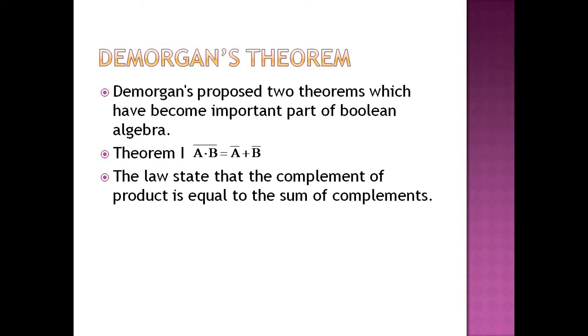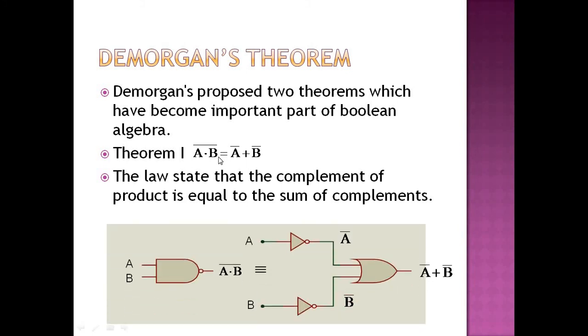We represent this equation in a logic diagram. The first term is nothing but the NAND gate. This NAND gate has two inputs A and B and gives the equation (A·B) whole complement. This equation is represented in equivalent form by this diagram. So here we consider that (A·B) bar is equal to A bar + B bar. So we create the diagram here for A bar + B bar.